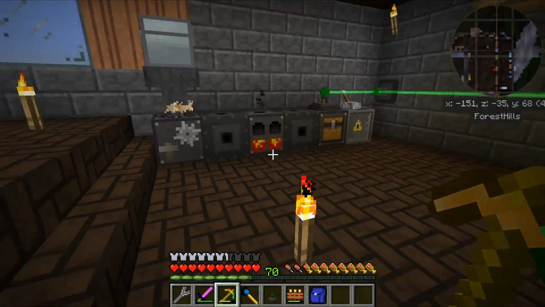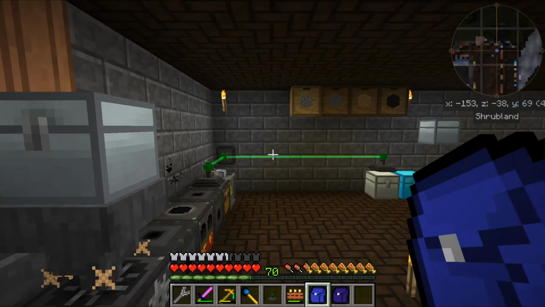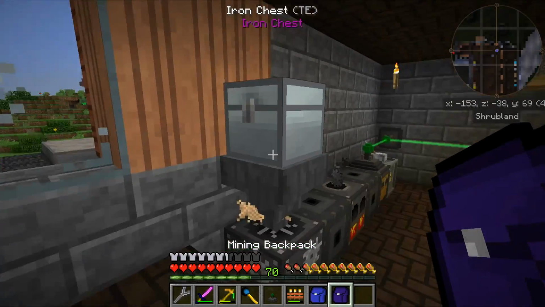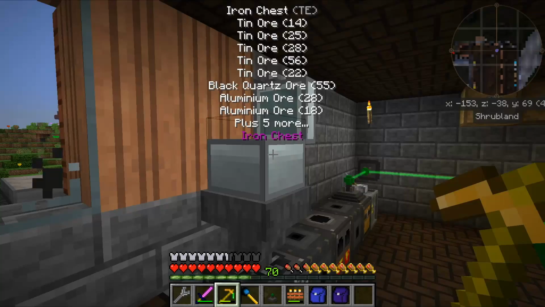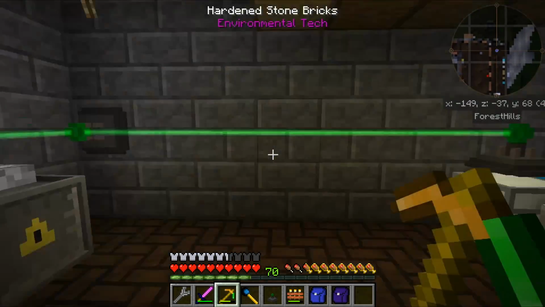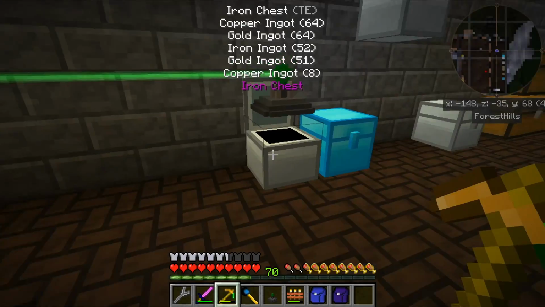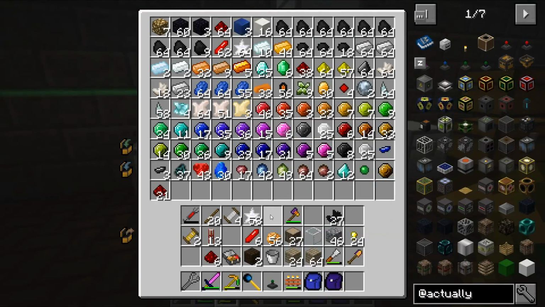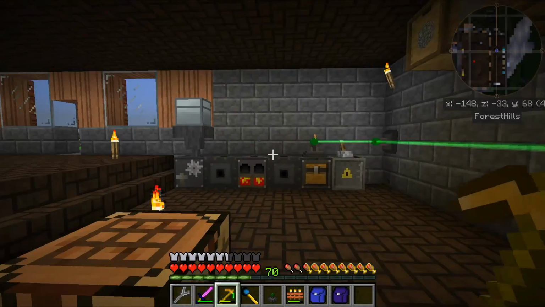We have at least full automation. So whenever I come back from a long trip mining, I should be able to at least throw all of my ores into this inventory. It'll get crushed, go through the furnace, and then get delivered way over here into this little chest, which is very, very cool. Obviously, this isn't a long-term solution because it's just not...